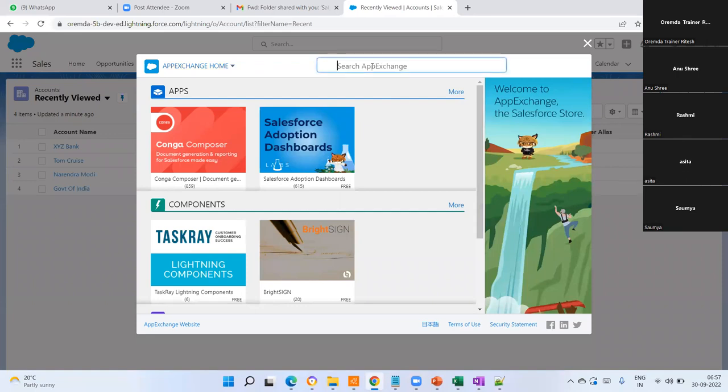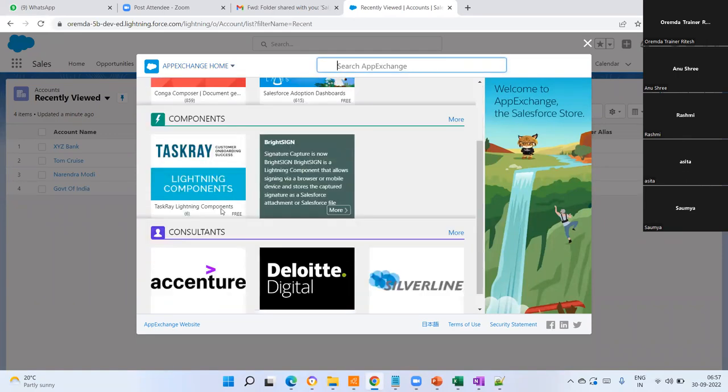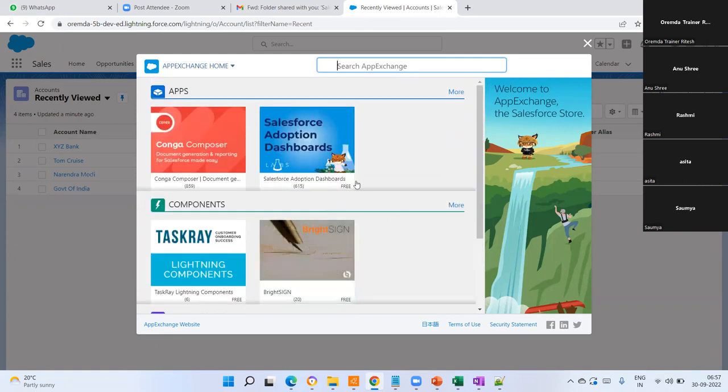You will go to this App Exchange and you will see what is required and you will buy that particular app. So most of the apps would obviously be paid. So you can just pay that particular amount and you can buy that app and you can start using it. Okay, so we have an option of App Exchange in Salesforce. So if you are not satisfied with whatever is given out of the box, you can buy a new application